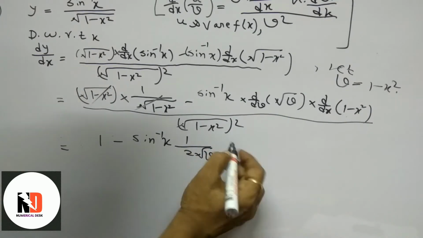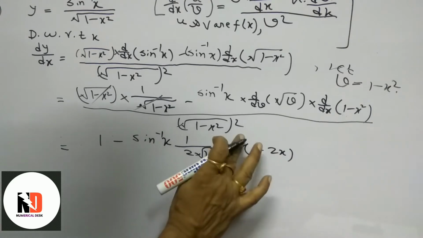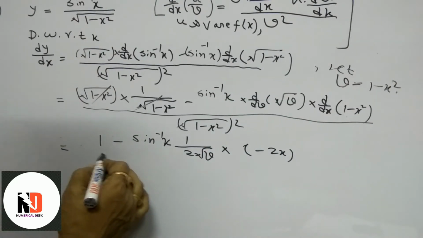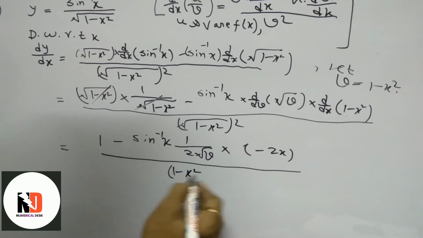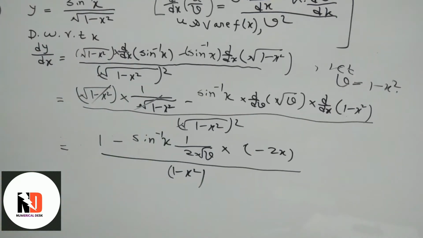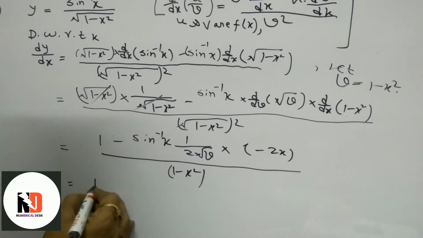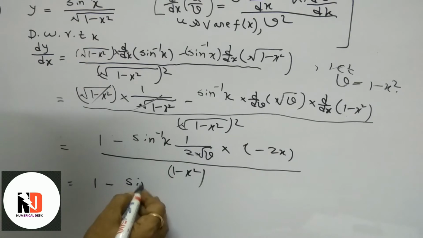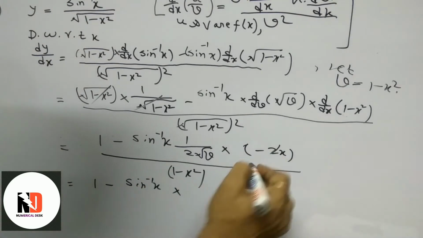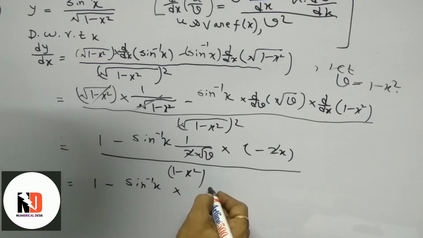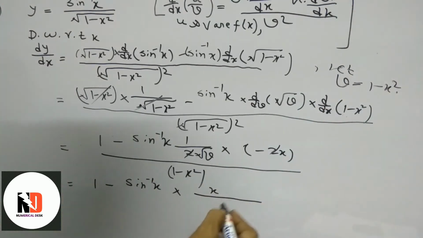Always remember that ddx of root x is 1 by 2 root x. So just keep it in mind. Differentiation of root x is 1 by 2 root x. Keep it in mind. You can also check it by applying the x to the power n format. Anyway, let's proceed. So putting the value of v now to cancel, and arranging the sum,